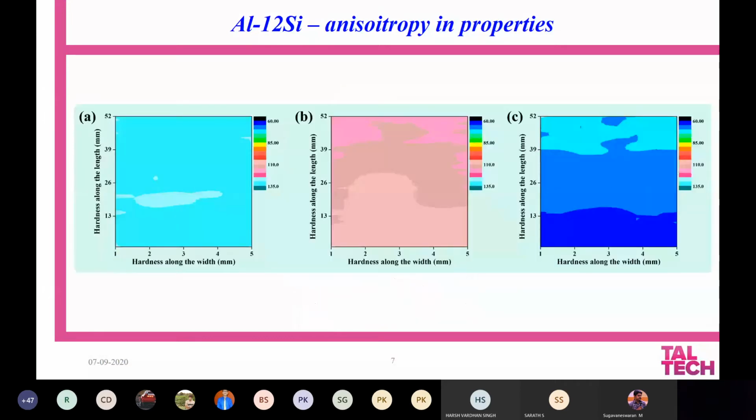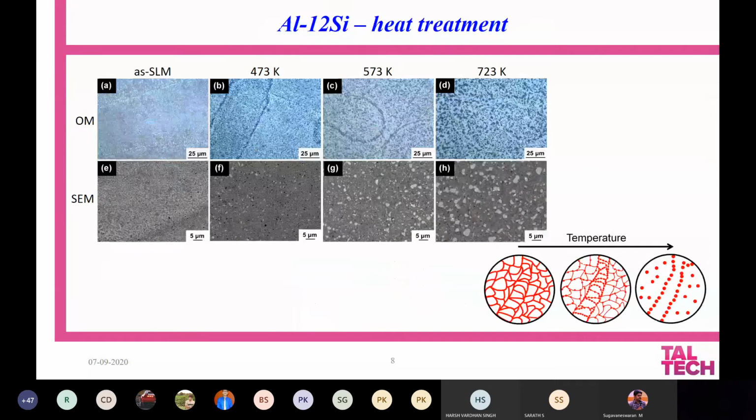This is what is illustrated. So when you thermally treat some materials where you already know that there is some kind of anisotropy, but the bulk properties are more or less uniform, you can see that aluminum silicon, if you heat treat the material at different temperatures at constant time, 6 hours, you can see the microstructure is slowly changing from aluminum silicon